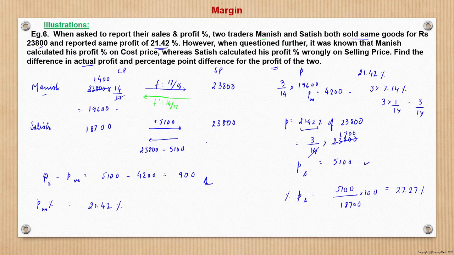Here we are saying that profit is 3 by 14, right? 3 by 14. So if profit is 3 by 14, we said profit percentage is 3 by 14. So can we say that profit is 3 units and CP is 14 units, right? So from here we can say that,